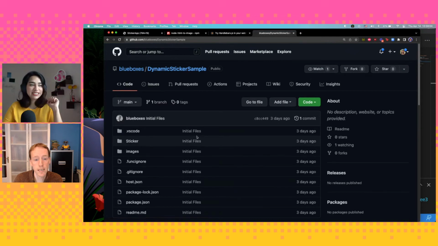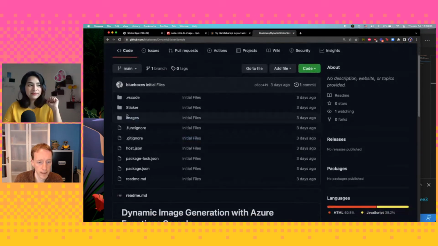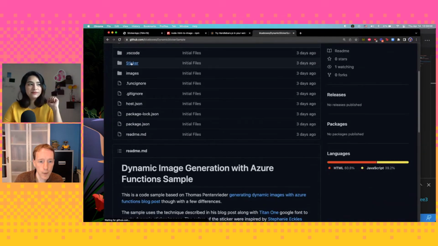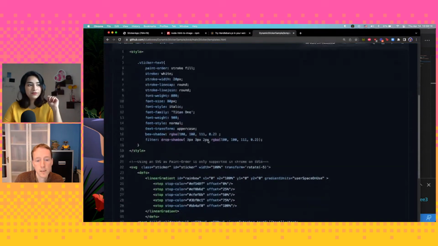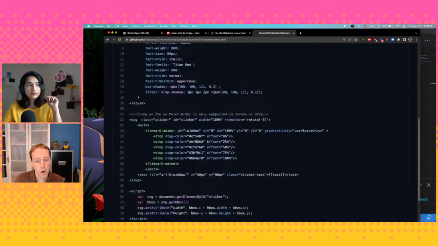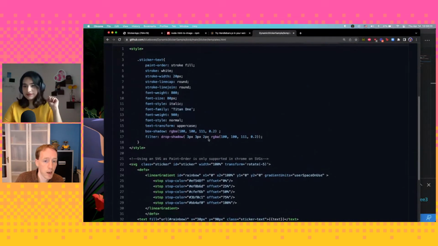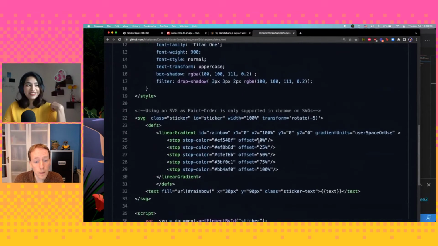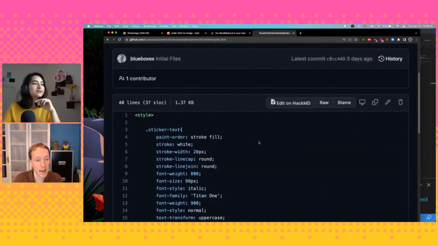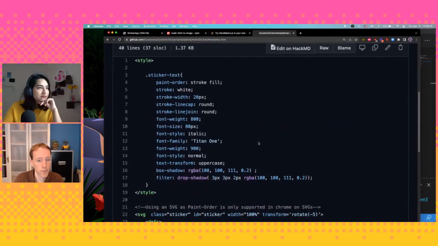Perfect. So the code we're doing today, I've also got a copy of it here. And if we go into sticker, the file we're interested in is templates.html. Okay, cool. So this, as you can see, is a lot bigger. We've got about 50 lines of HTML here. It would work if we put this directly into our function, but our function is going to get